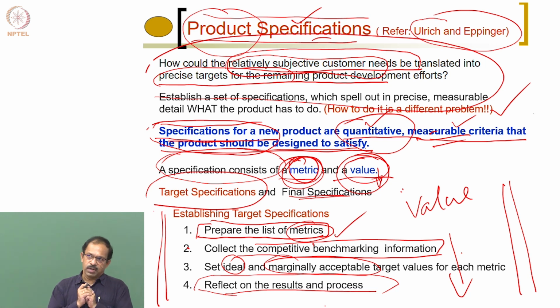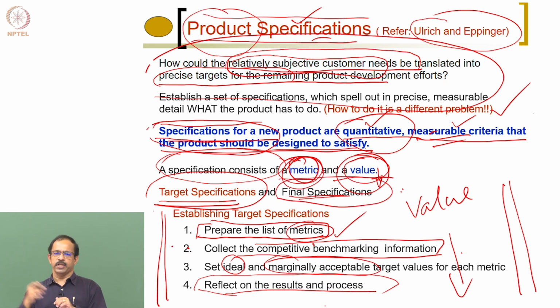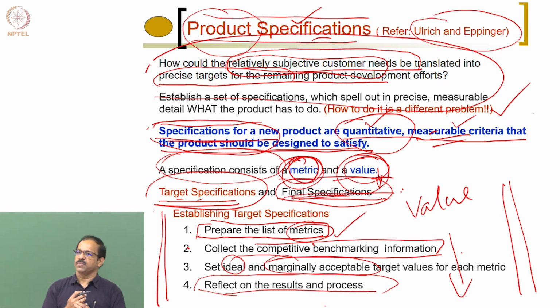When we do that specification, what we get is a target specification. That is, what is our target? What is it that you want to achieve? When you say it is easy to use, you will say, okay, the number of components should be less than 2. That is your target. But then you can have, finally after all these things, because there may be conflicting design requirements, at the end of all this, you will find out what is the final thing that you can achieve by considering multiple requirements. For each requirement you can get a target specification, and then looking at all those requirements, you will be finding a final specification. This is what is done in developing the specification.